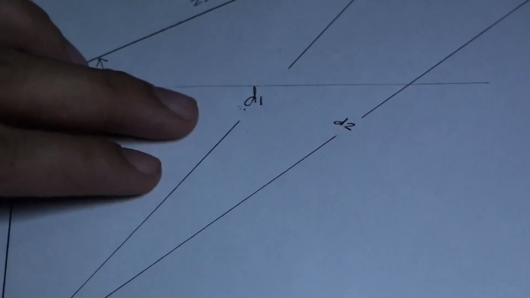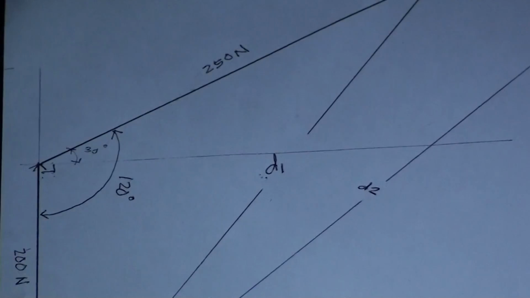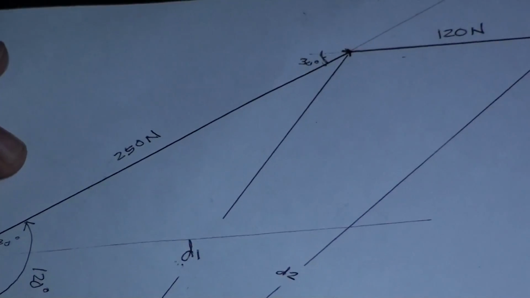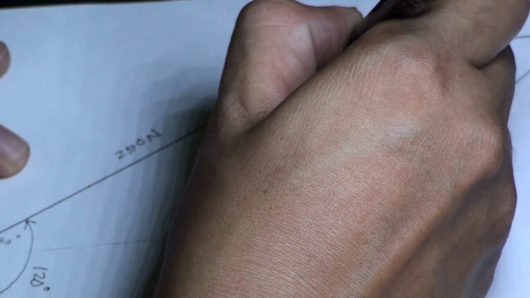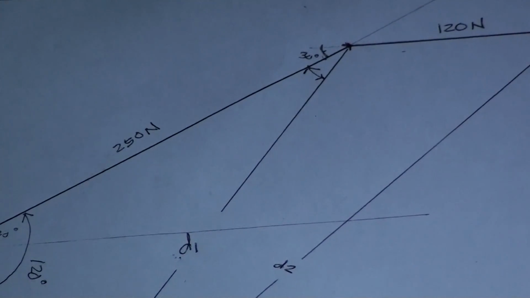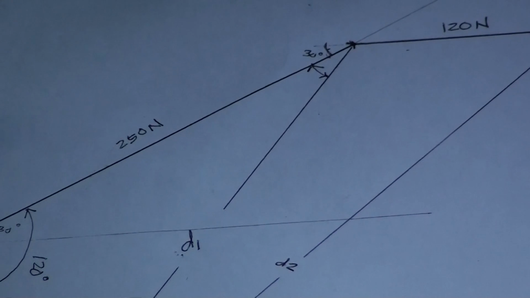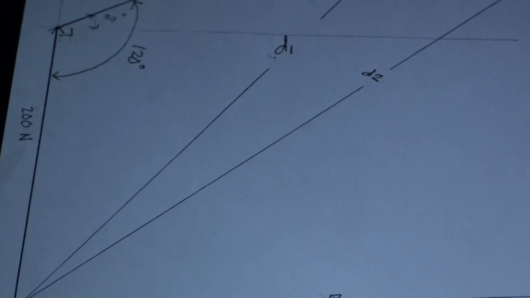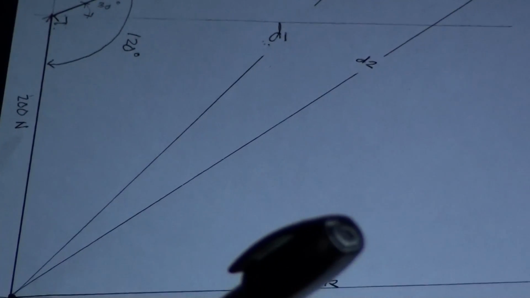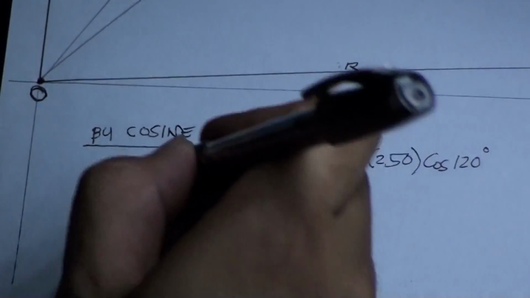So after doing this, after finding D sub 1, you need also to solve for the angle which is here. How much would that be? So we need to use sine law. So for sine law, we need to have first the formula. So by sine law now,